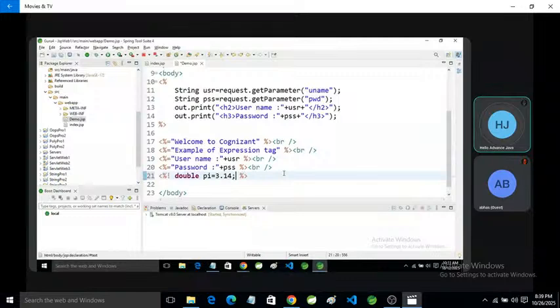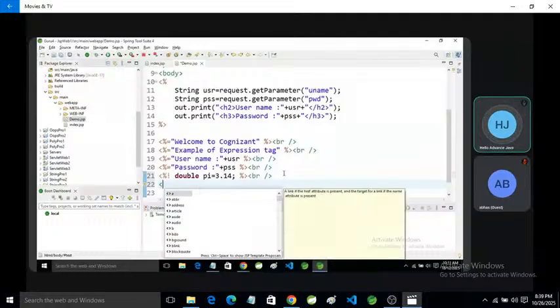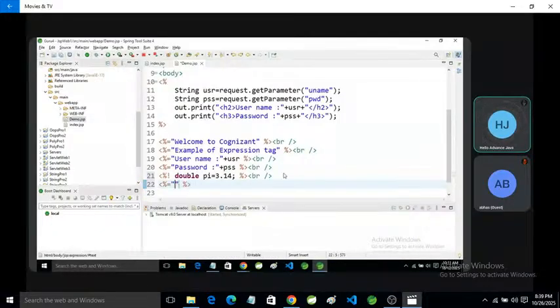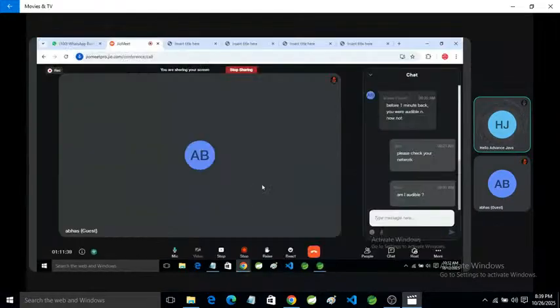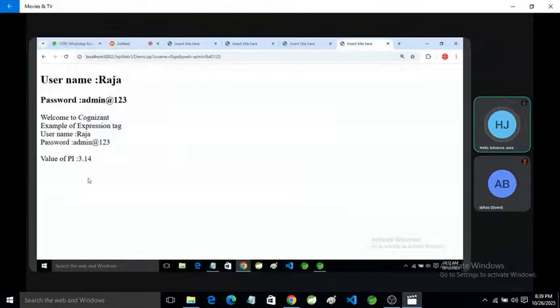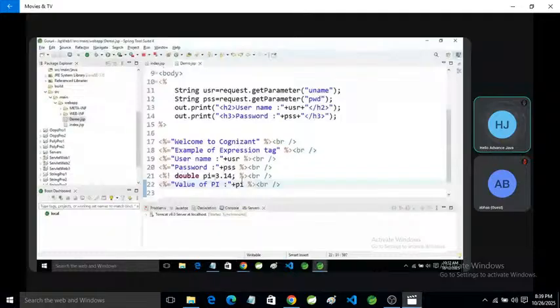Okay, and if you want to use it, here we can use the expression tag, value of pi plus pi here. And here we can use the expression tag and we can set the value of pi.